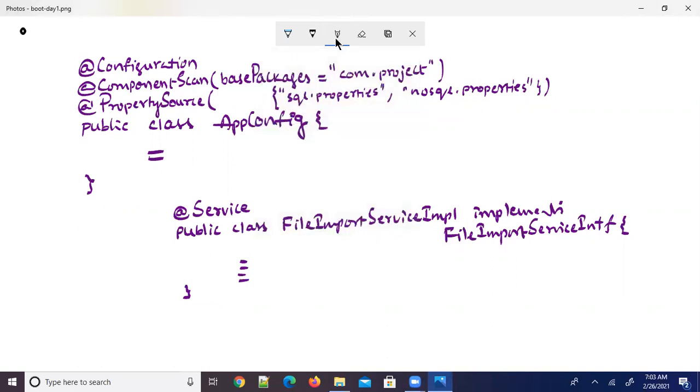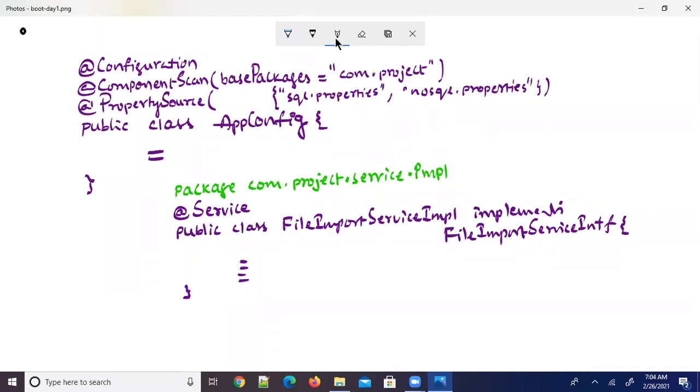Say, it is in the package com.project.service.impl. So assume that it's a package statement. Everyone, try to understand now. It is in so-and-so package now.